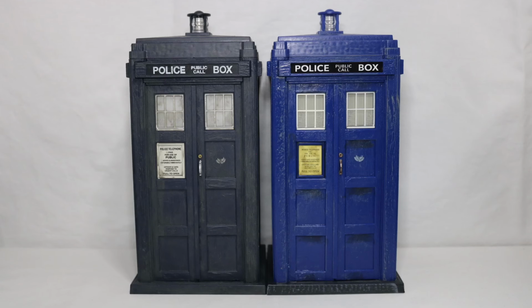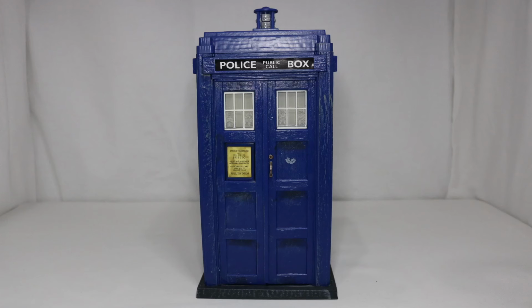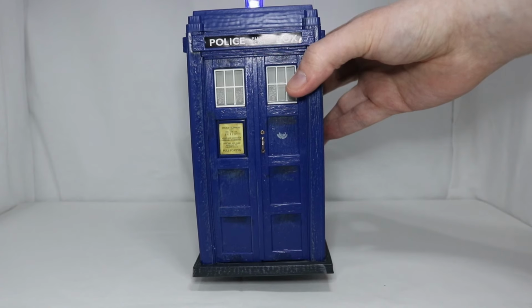The TARDIS is identical in shape and style to the First Doctor TARDIS set from last year. Only differences are the brighter blue and tan stained pull to open sign. As mentioned before, the TARDIS is electronic, and it makes 4 different sounds. Full materialization,